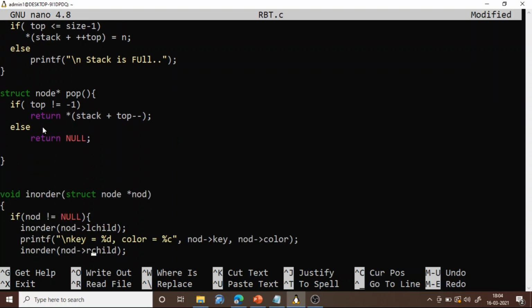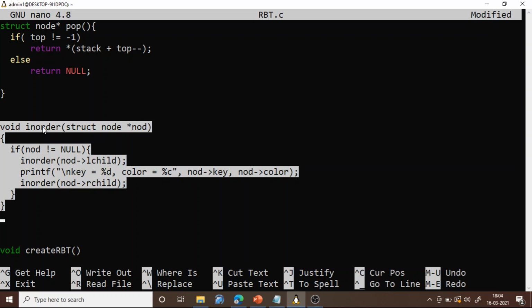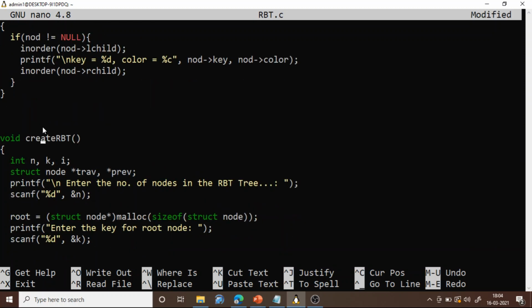And this, as usual, is to traverse the binary search tree or the red black tree, visit all the nodes and display them in in-order traversal. While displaying, we are displaying the node's key value and also its color, two things, the key of the node and its color. And here comes the function create RBT. It is just the same function which we used for BST and AVL, I have just changed the name. For BST we used create BST, for AVL we used create AVL. Here I have made it create RBT, red black tree.